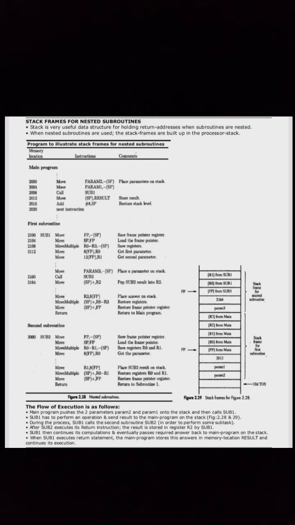After sub2 executes its return instruction, the result is stored in register R2 by sub1. Sub1 then continues its computations and eventually passes the required answer back to the main program on the stack. When sub1 executes a return statement, the main program stores this answer in memory location result and continues its execution.